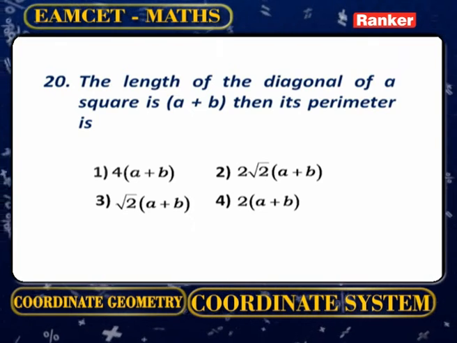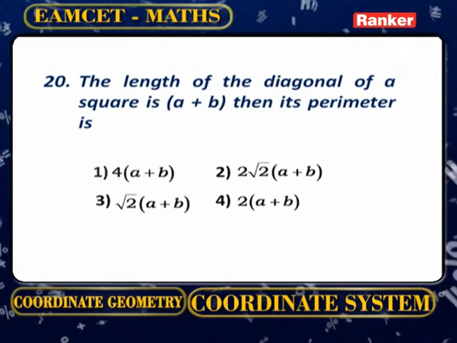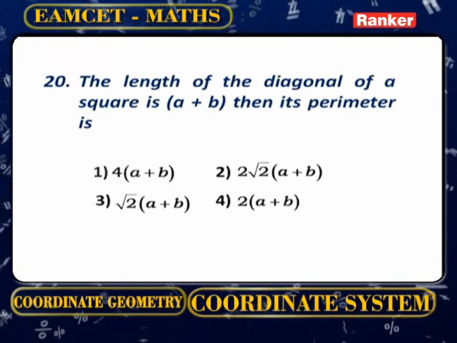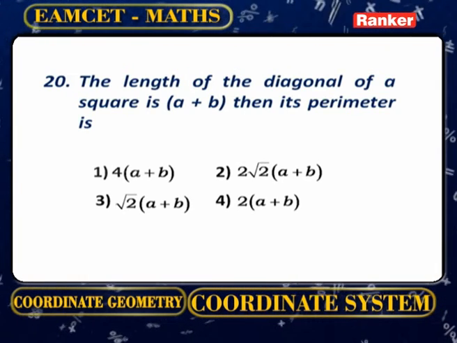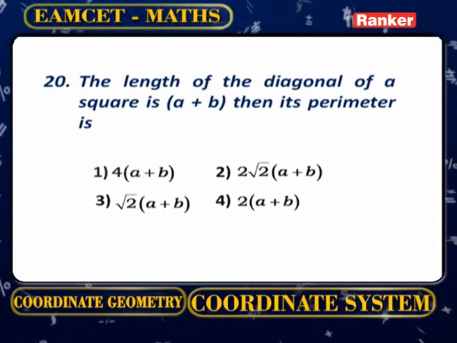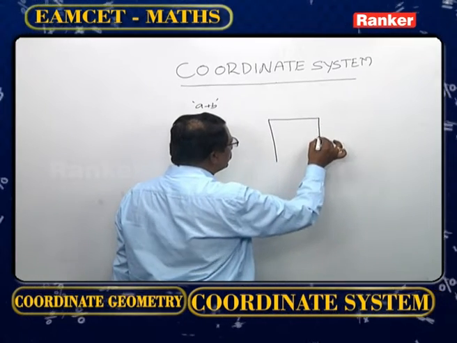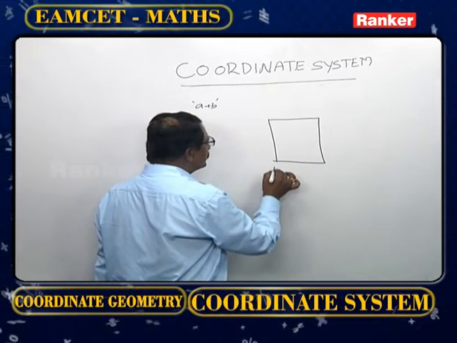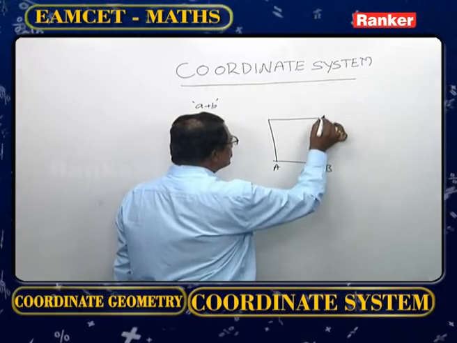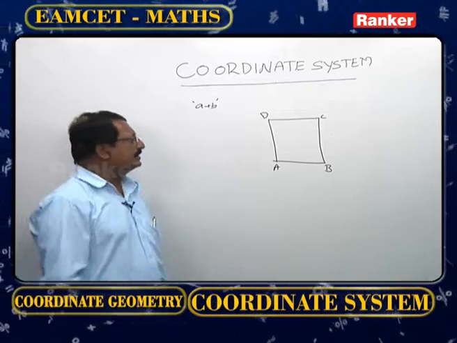The length of the diagonal of a square is a plus b. Then its perimeter is... Suppose ABCD is a square, then